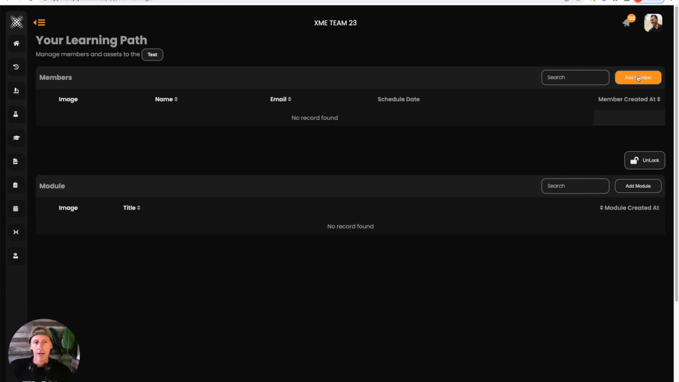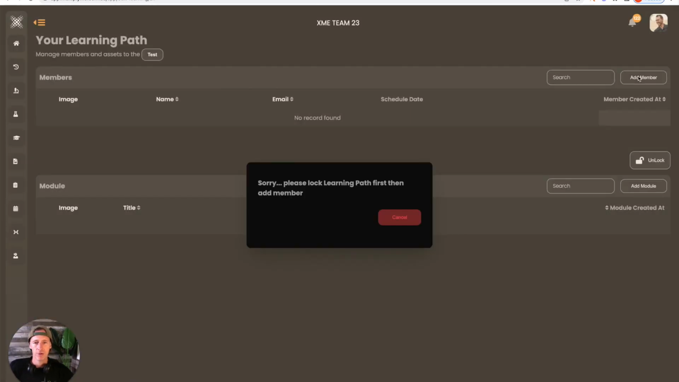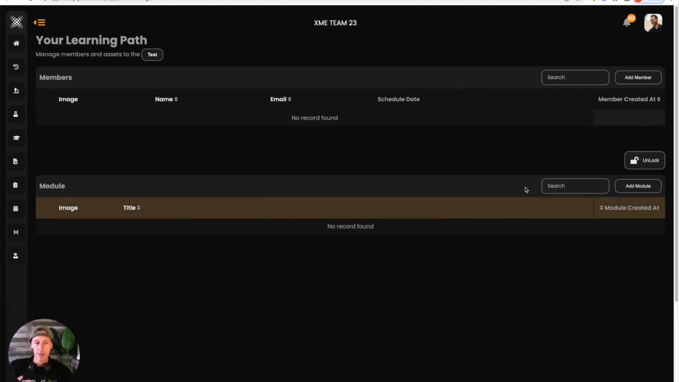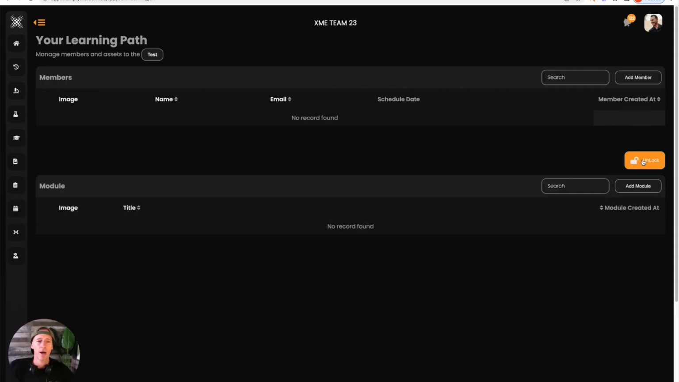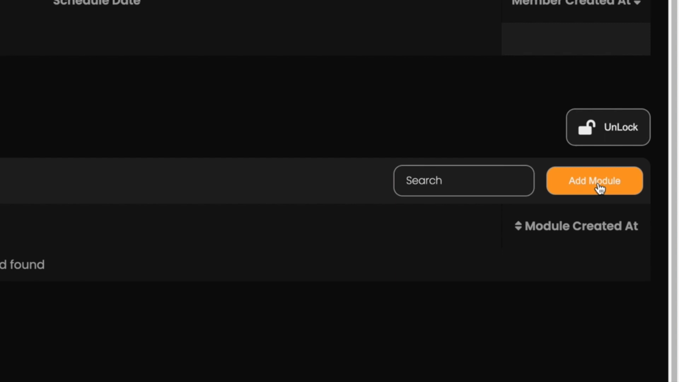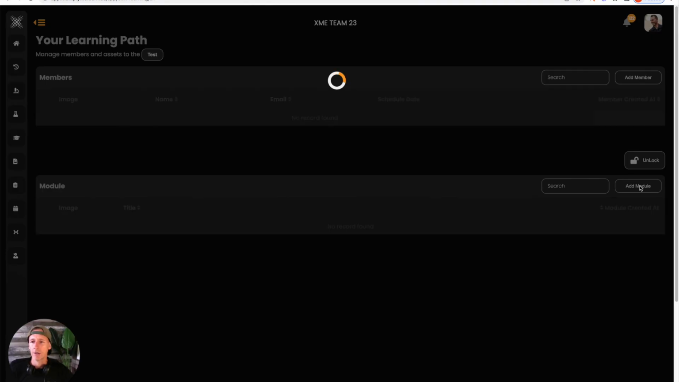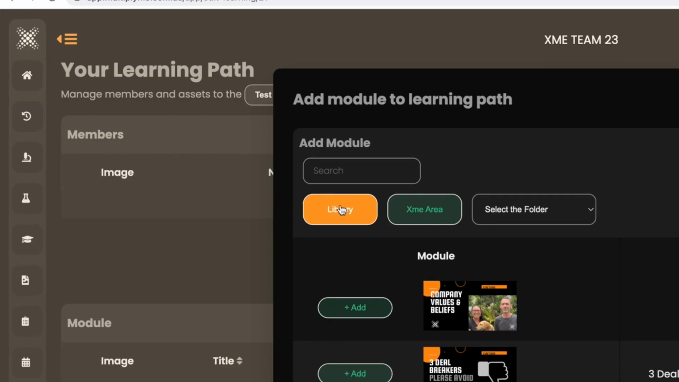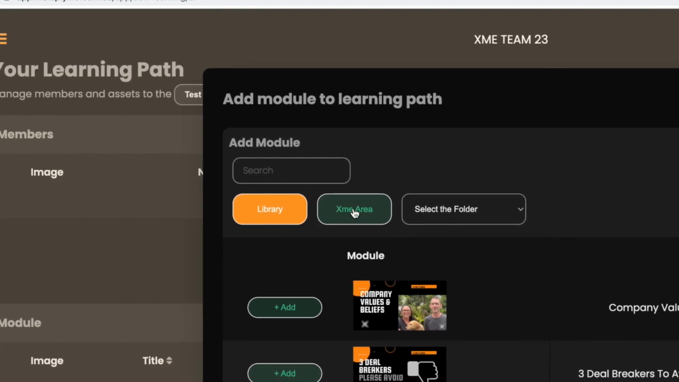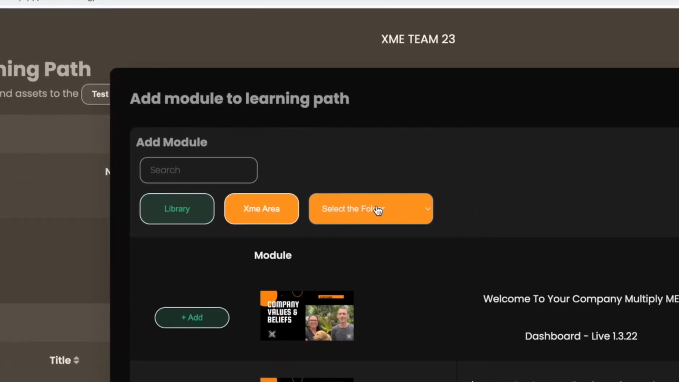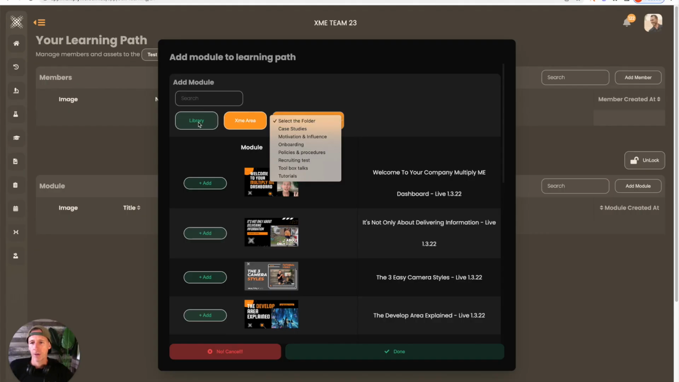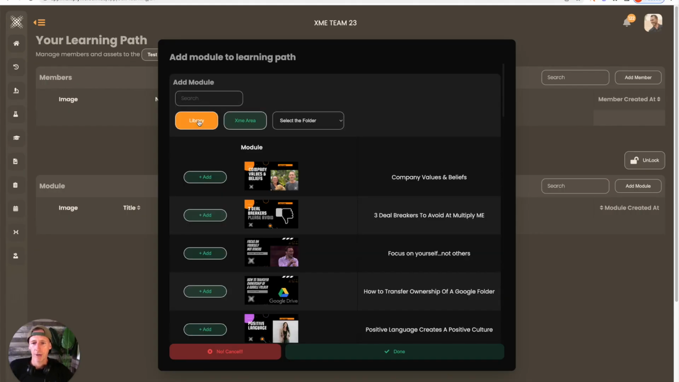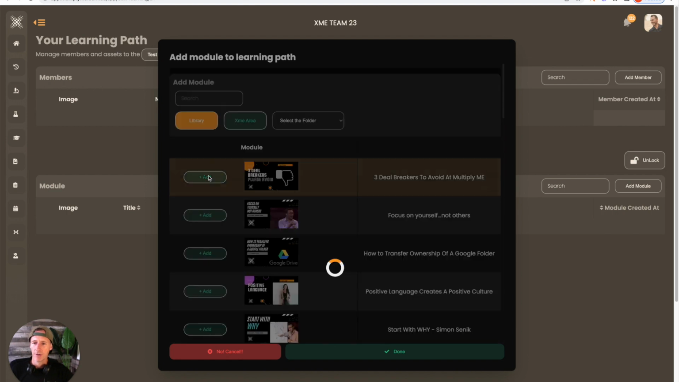Now you can't add members first. What we need to do is actually go and create the learning path. So you'll come down to add module. That's the first thing you need to do. Click on add module and it will open up all of the modules that are in your account. You'll be able to see what's in your library, what's in the XME area, and what's in your folders. So we'll just start with library here today, and I'll just add the first 3 modules